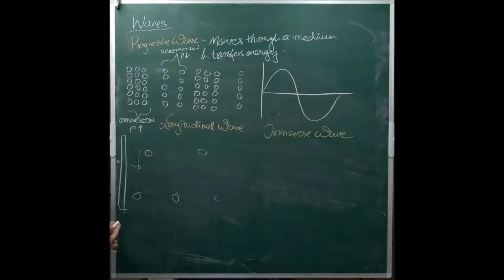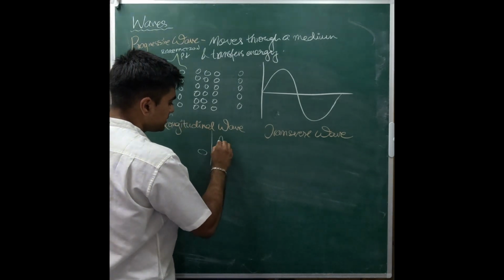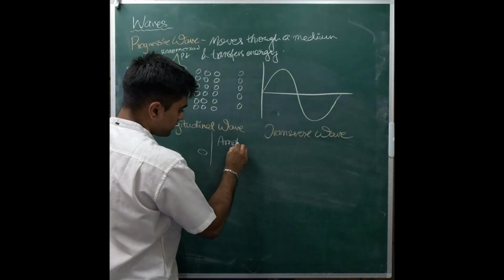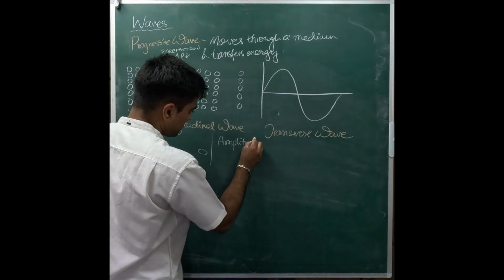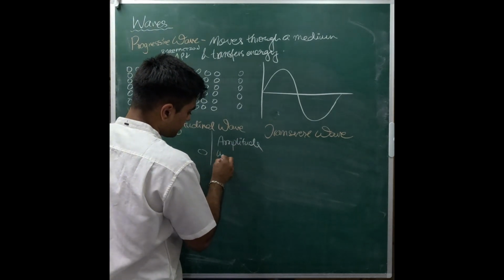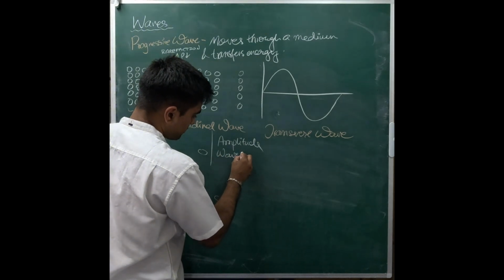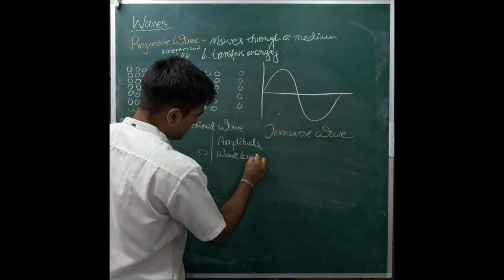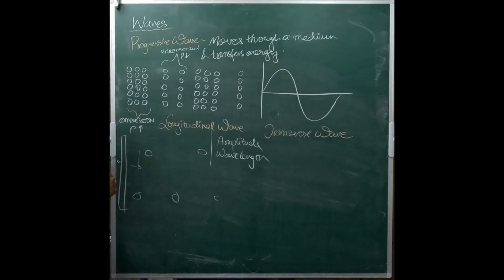Now, what can we actually understand from this whole graph? If I were to say we want to get a few values out of this, what are they? Now, a few of the things that you can actually learn from this graph is the amplitude, the wavelength, these two. These are the two concepts we need to figure out using this diagram.